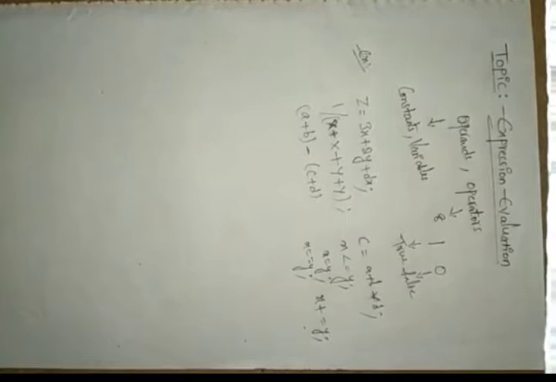Your expression has operands and operators. Operators are the plus symbol, minus symbol, less than, greater than, equal to, whatever it may be. The operands are like z, and constants will be numbers, like x, y, c, d, a, b. And we have some special operators like semicolons. So we can call these expressions.